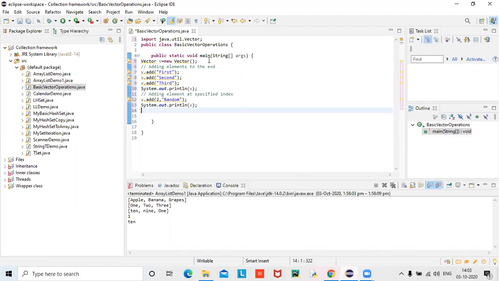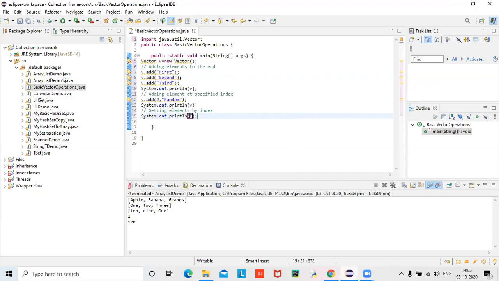Next, just like setting, getting is also there. You can get also by using the getter method. So getting elements by index. Element at index 3 I want.